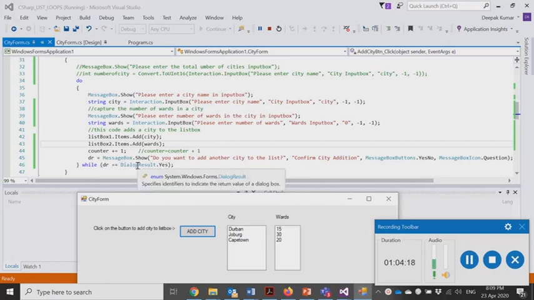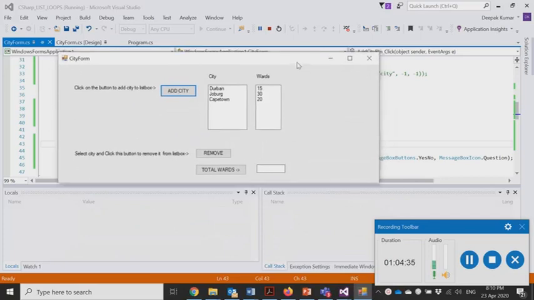DialogResult.No will be returned if you click on the no button, and since the value of dr is not equal to yes, the loop stops, because this condition becomes false, and then we are here.